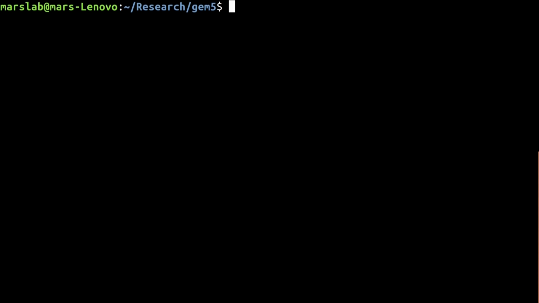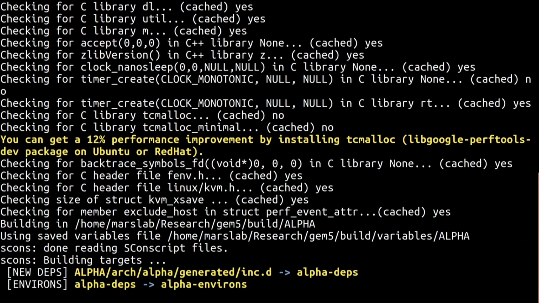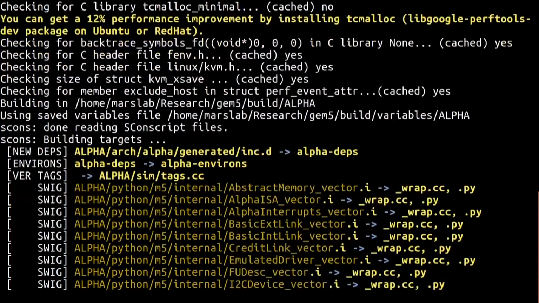In my system, I have 8 CPUs. Now I can start the building by using the command scons build, the directory. I am building alpha, then gem5.opt, -j is for specifying the number of jobs, and since I have 8 CPUs, I will give it as 9, and the simulation will start. Typically on a 4-core system, it takes around 20 to 25 minutes to build, but since